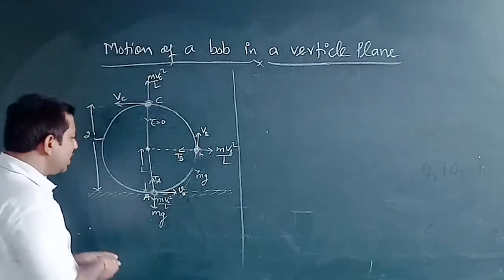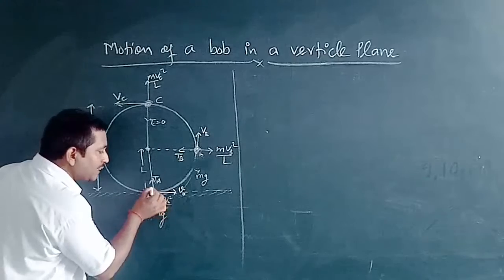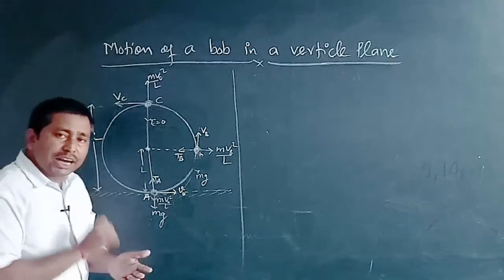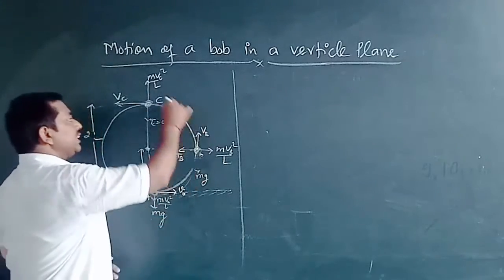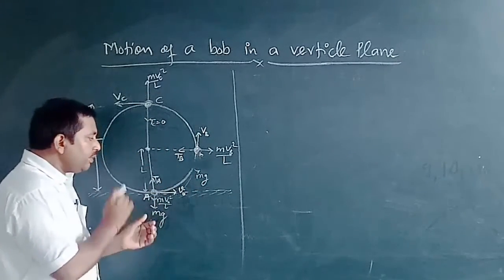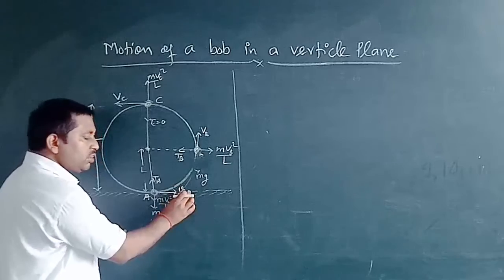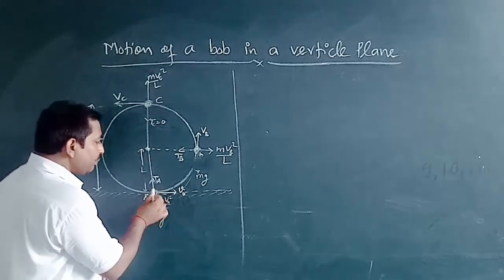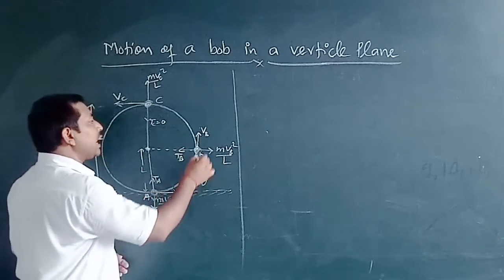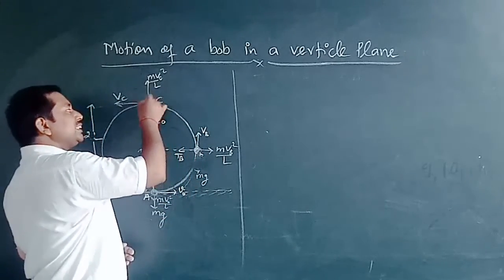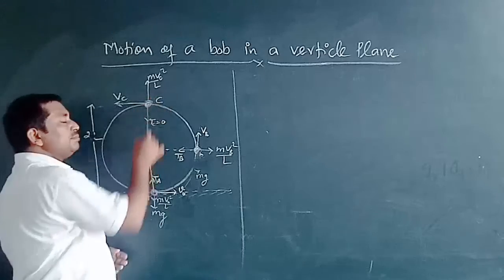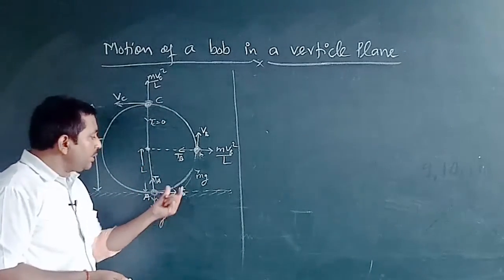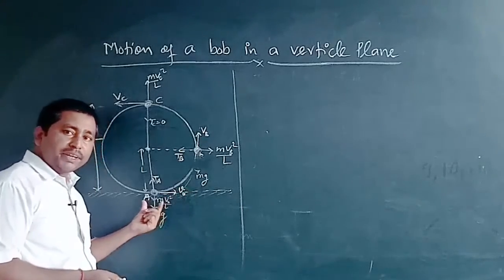It has very small mass. If we provide some small velocity v naught to the bob, then it will start its motion in the vertical direction. If we put the value of this v naught so small that it takes the bob to the topmost point, and at that topmost point the thread becomes slackened, what will be the magnitude of the velocity at this point?